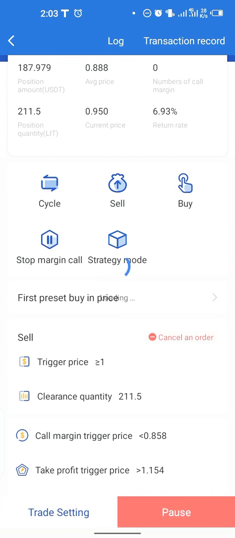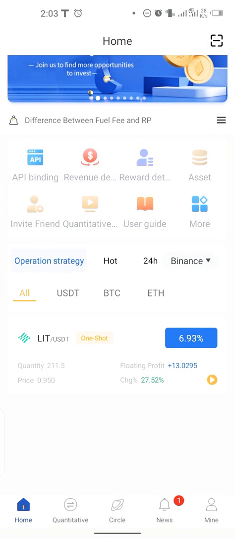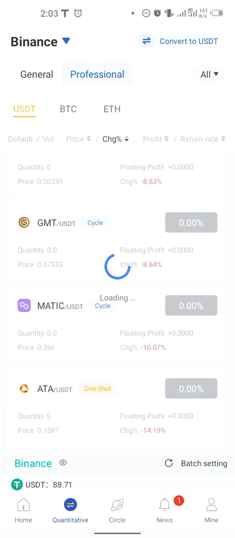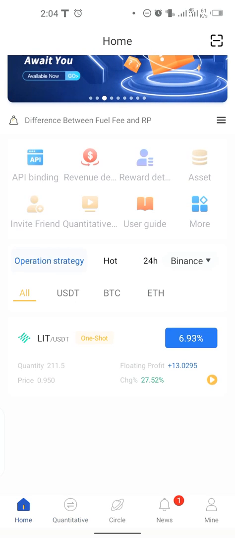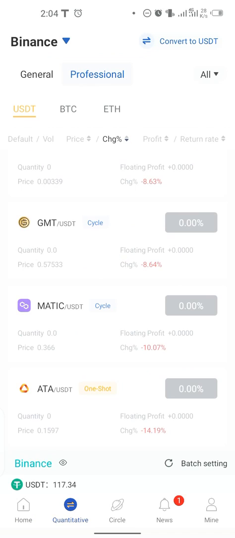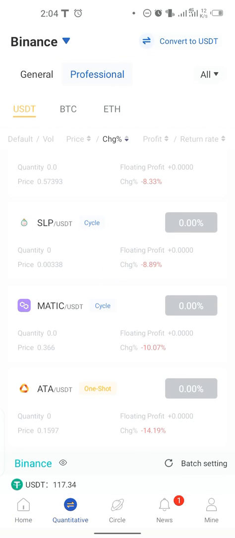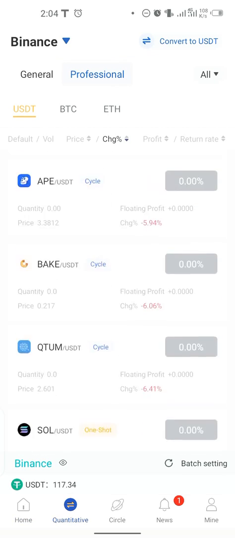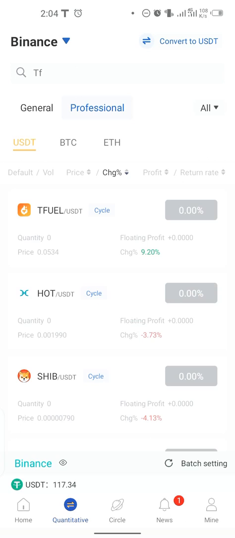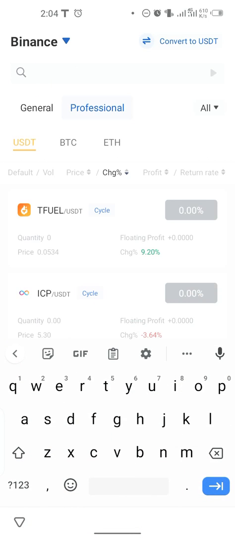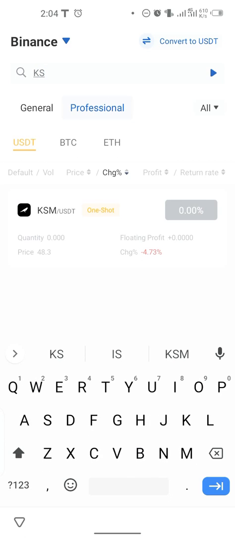Okay, let us go to risk management. Ladies and gentlemen, like you could see, although I'm trading this coin called LIT, I still have some residue of $147. So the risk management, ladies and gentlemen, goes to very important aspect, and that is the ability to set margin calls. For example, if I want to trade a coin, for example KSM, like you have seen, I want